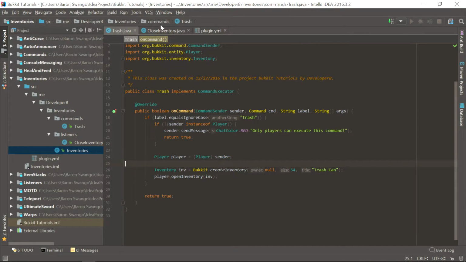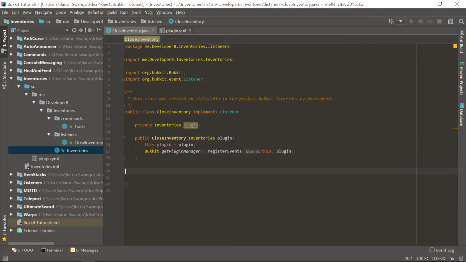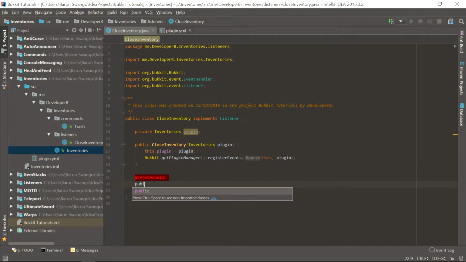That is actually it for this command, where all we're going to do is create an inventory and have the player open it. Now this is going to be the most advanced part of this tutorial, where we are going to count the amount of items that the player is deleting and send them a message with how many they did. So let's go ahead and start off by creating the event handler